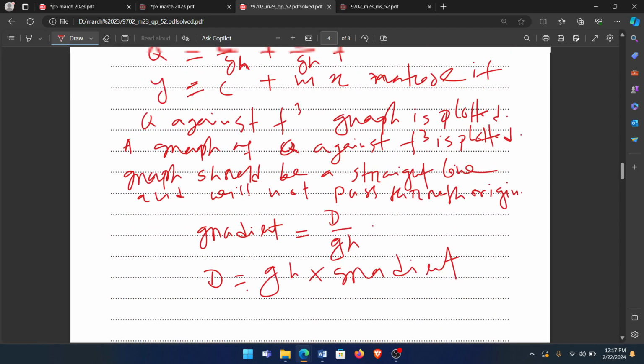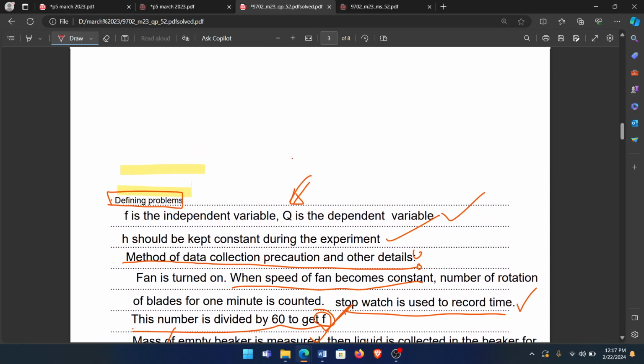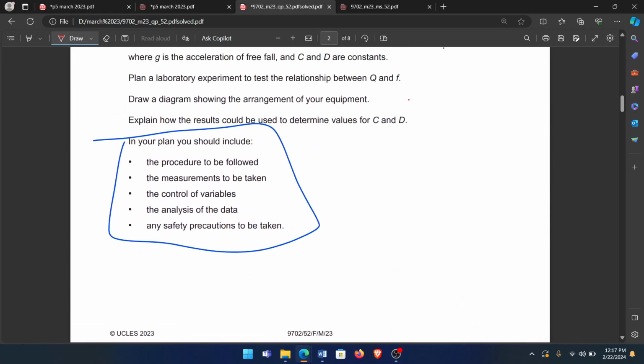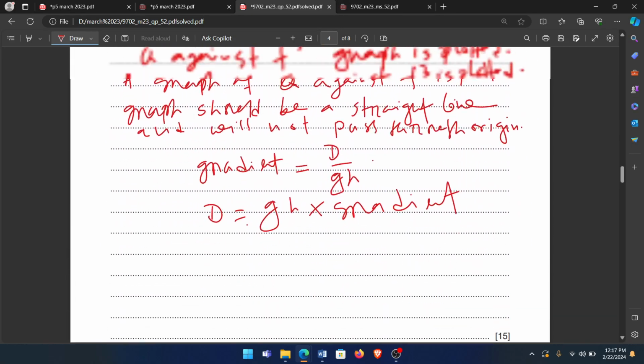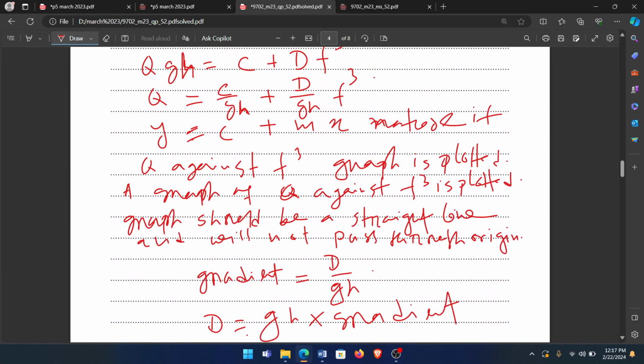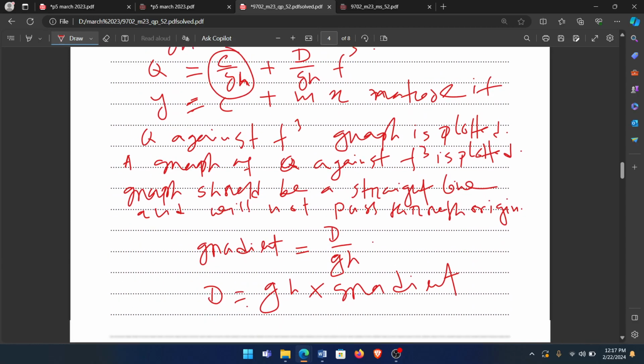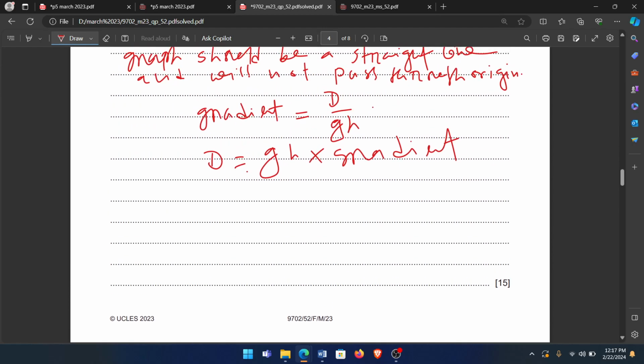Okay. Look, this is written because look at this. How can you determine D? Still, you have to determine C. Then what to do? Look, it is in the y-intercept, right? C by GH. So write